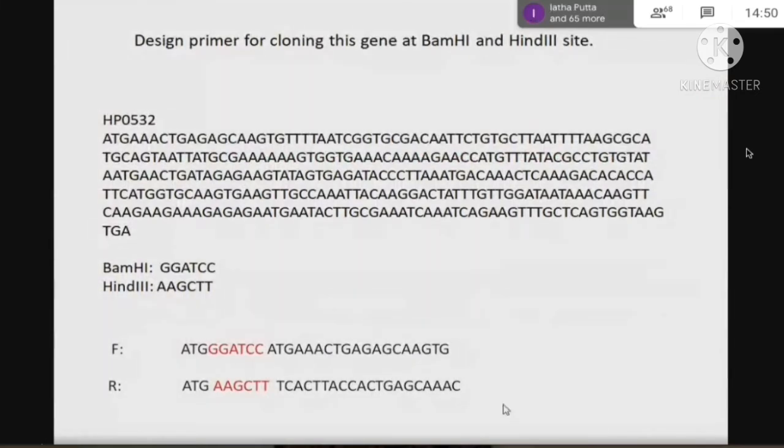So show me, or you yourself can do and show me next day, that thermal cycle of PCR. How can you add that thermal cycle? Annealing kitna part, denaturation kitna, how much time? So you can write that PCR steps using this primer.